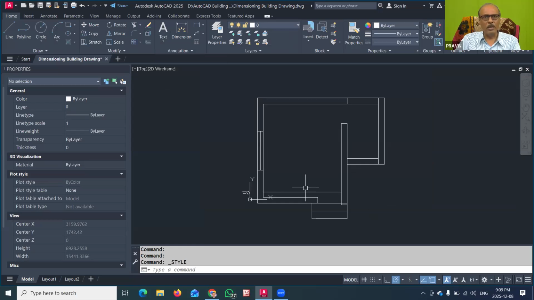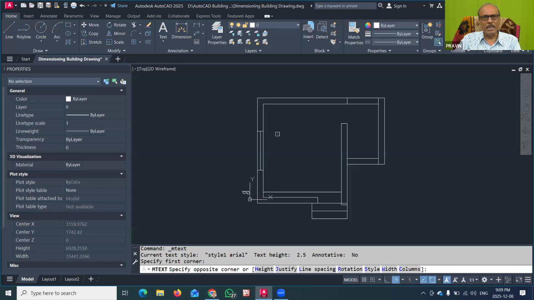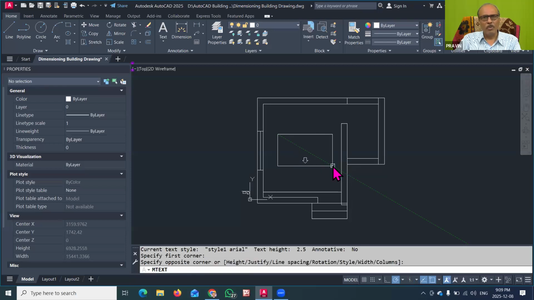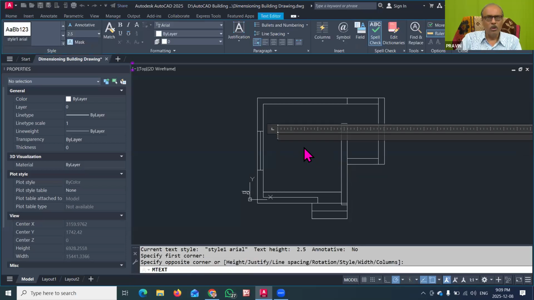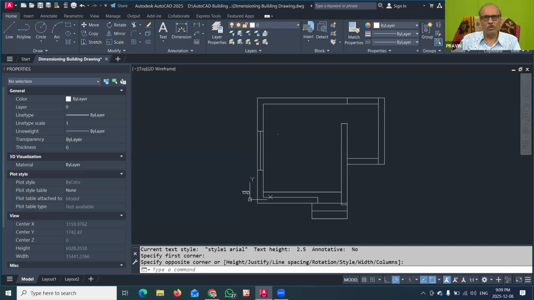Now that I have completed that, I can try it using the multi-line text command. I can drag here and draw the text box, and type the name of the room in capital letters, BED ROOM. You can see the size of that text is very proper, and I am giving the dimension in meters. I click outside to close this text editor box.